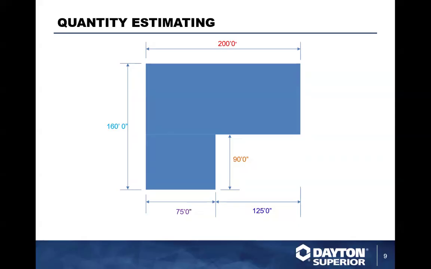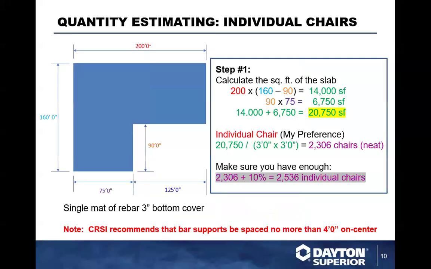So I've got a ton of placers that will only space at 3 foot on center. I've got a bunch that will space at 4 foot on center because that's the maximum amount, so they're trying to save a few bucks, and rightfully so. If you have a 5 bar or 6 bar, you can actually do that because the bar is a little more rigid. But typically with a smaller bar, and even with wire mesh, you have to be very careful on the spacing of the chairs because the wire mesh or the lighter rebar will actually deflect within the concrete